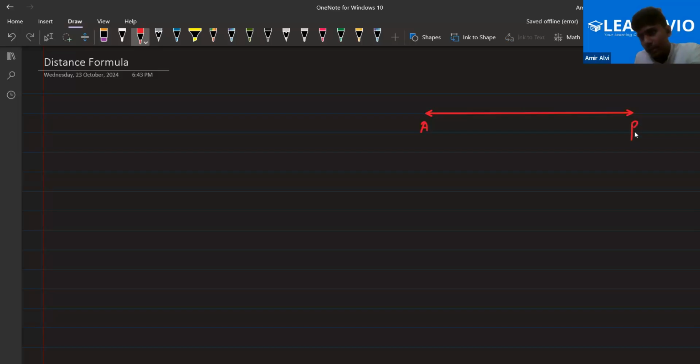Suppose there are A and B. This is a line and there are some coordinates, that is x1, y1 and x2, y2. So these are the two coordinates of the points, right? Now we have to find the distance between these two points. So how to calculate it? So the distance formula says